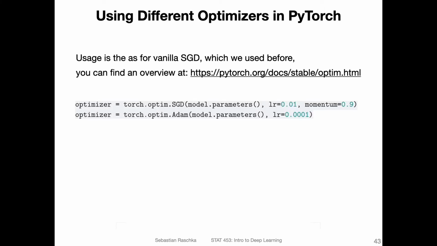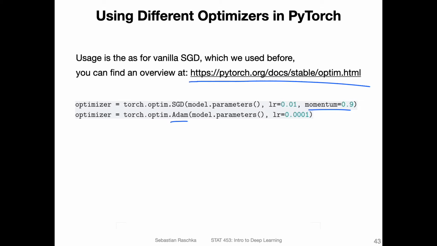So the most common optimization algorithms are still SGD, the regular SGD with momentum, and Adam. There are, of course, other optimization algorithms, and I will mention some of them in the next video. But these two are usually the ones that most people use in practice. And if you are also interested in using other types and exploring them, you can also find them under this website. And there's also a more detailed description of the parameters that we can use.